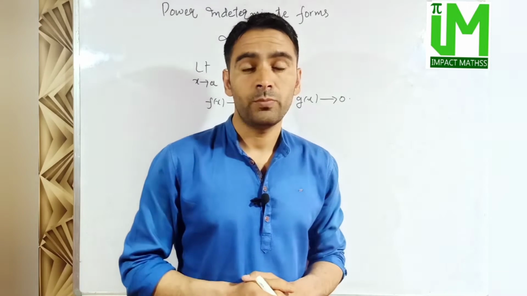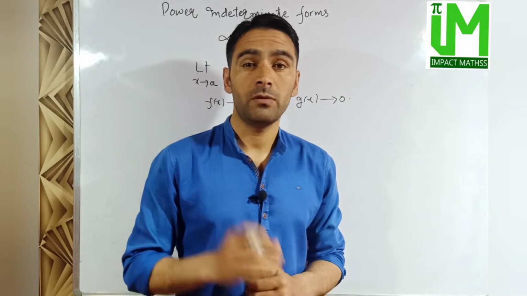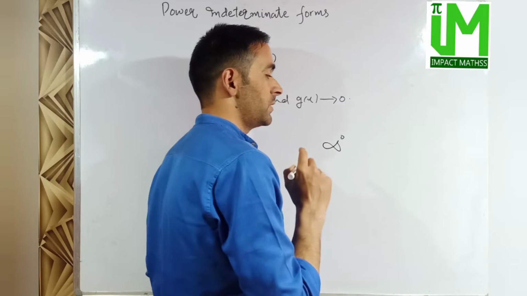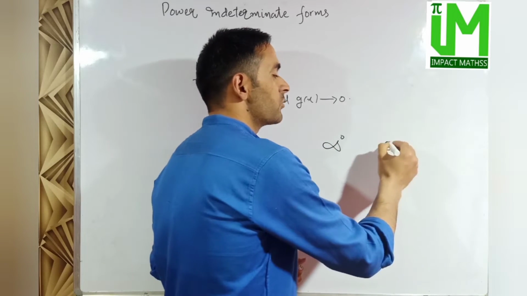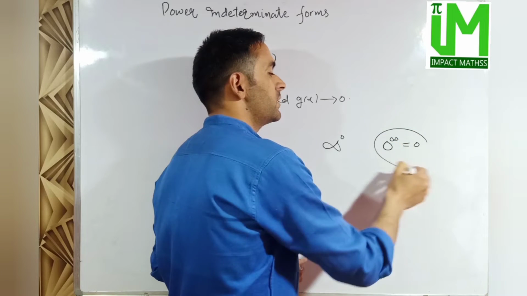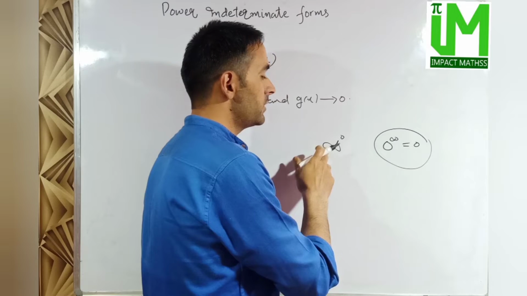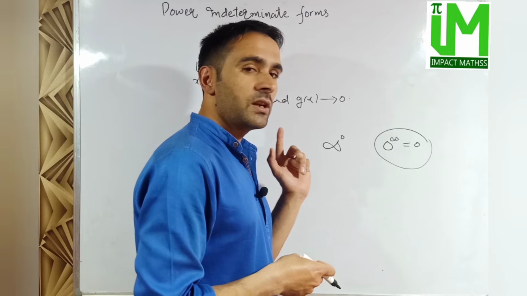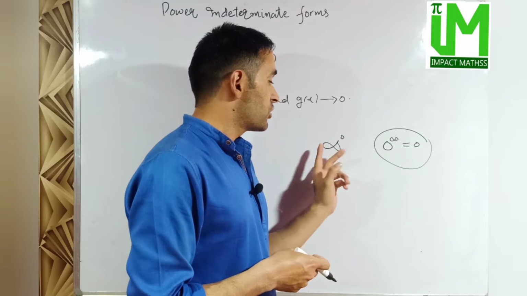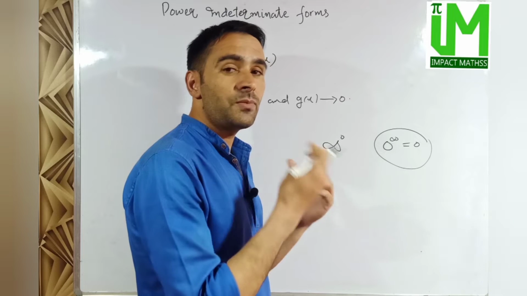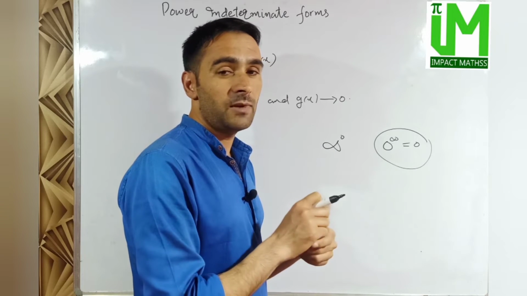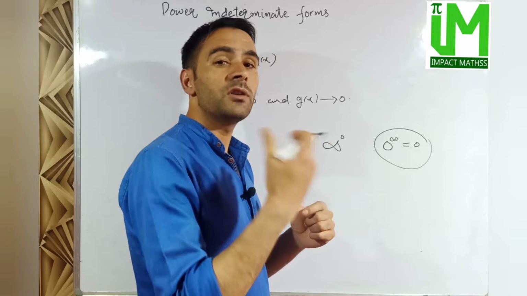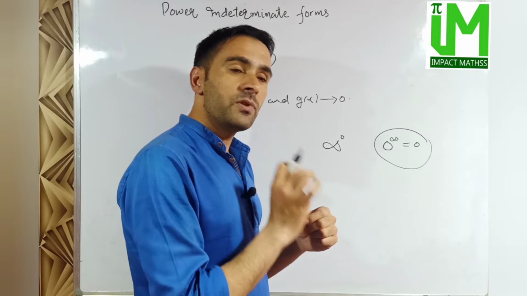And again it comes to the point of why infinity to the power 0 is an indeterminate form. So why is infinity to the power 0 an indeterminate form? And note that 0 raised to power infinity is 0, so that means this is a determinate form, while infinity to the power 0 is an indeterminate form. So if we check the conditions of infinity and 0, since infinity is an exceptional value whose exact value we cannot state, but at the same time we can say that infinity is a very big number. So as such